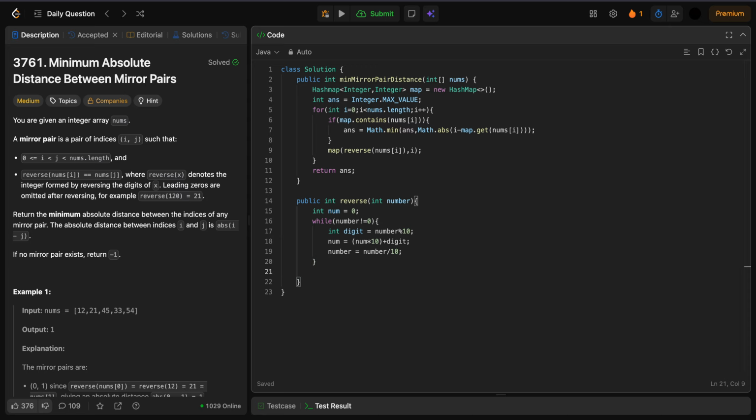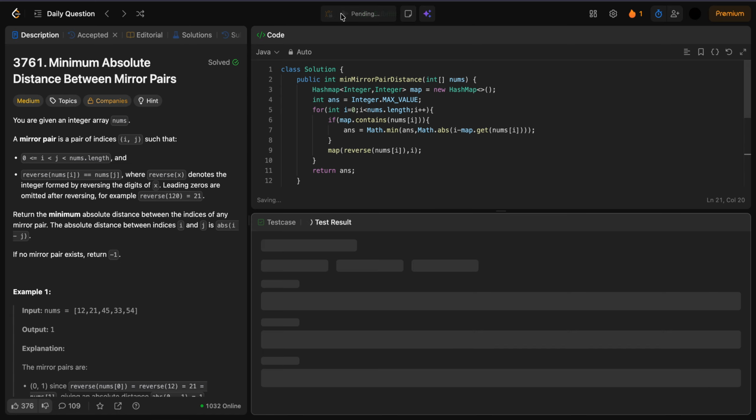Now once this is done, we will be returning this num. Now if we run this,